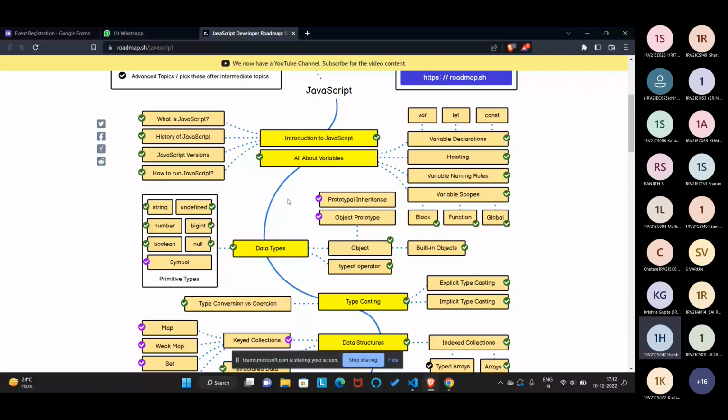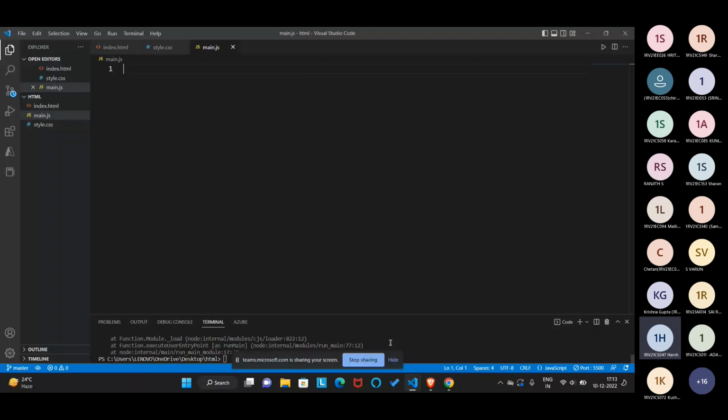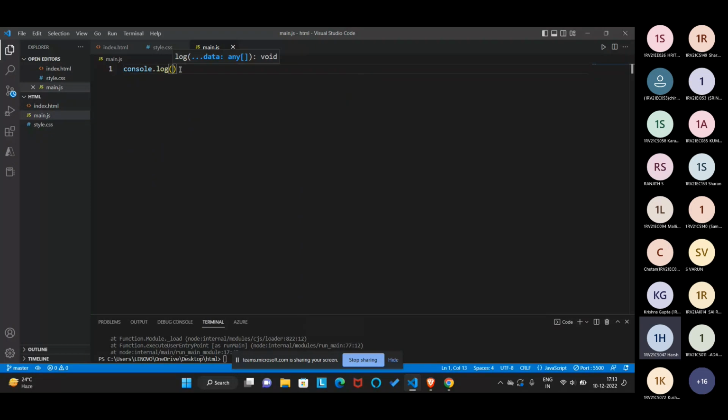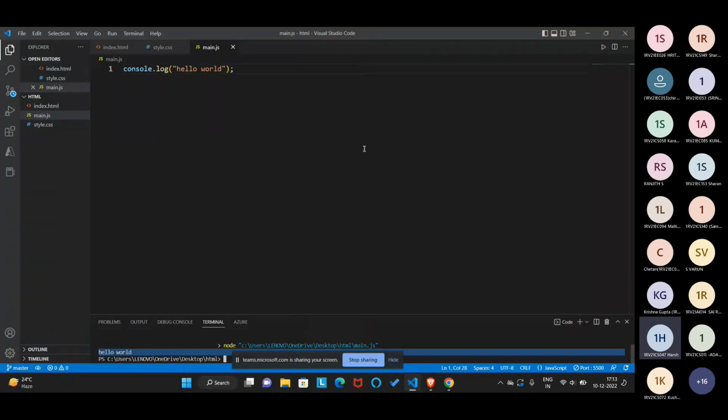Now, how do we run JavaScript? I opened my Visual Studio Code. Today we are going to write our first JavaScript code. Console.log. You're going to see the output hello world. Now what is console.log? This is your first step to writing JavaScript, or you can even use